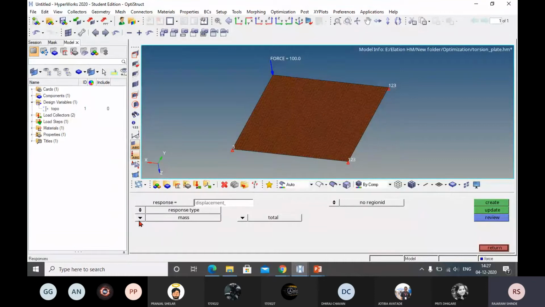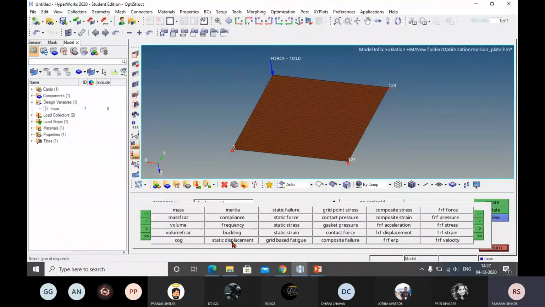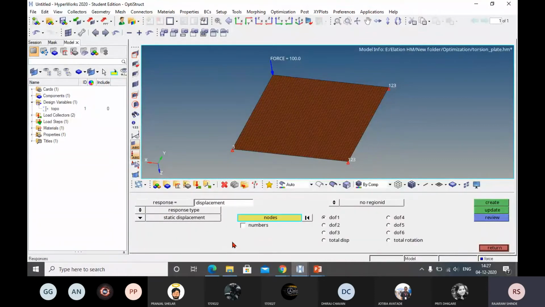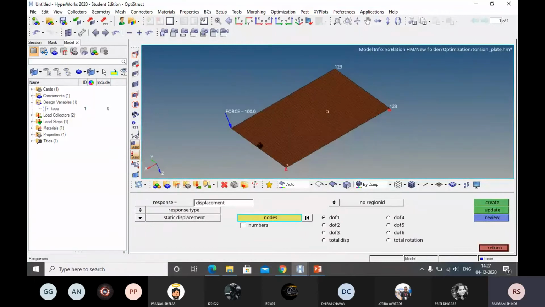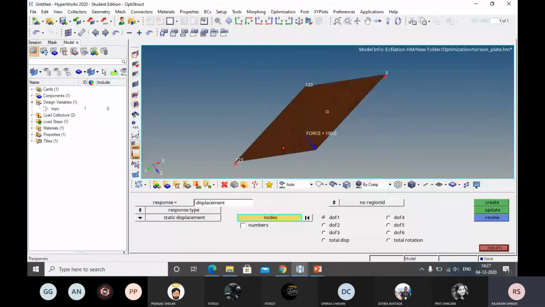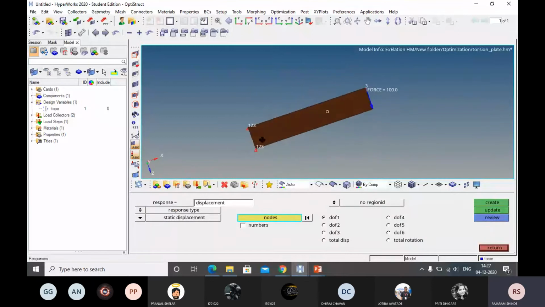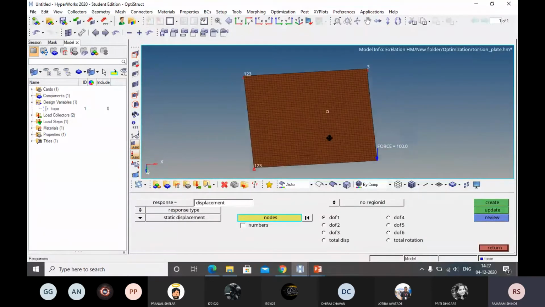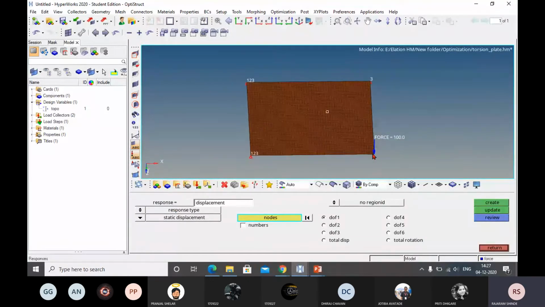Now its type is static displacement. Now by using which node are you going to apply the response? Here if we observe the model, you will get the maximum displacement at this node. This node is fixed, this node is fixed, this node is also fixed. That means there is a constraint on these nodes.